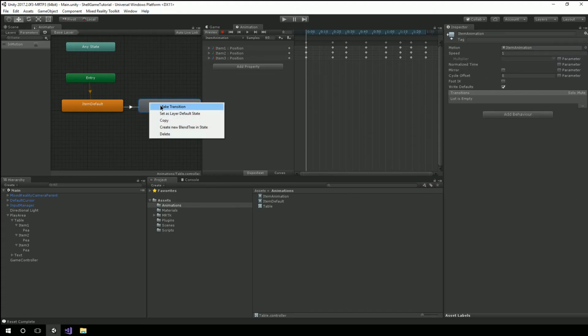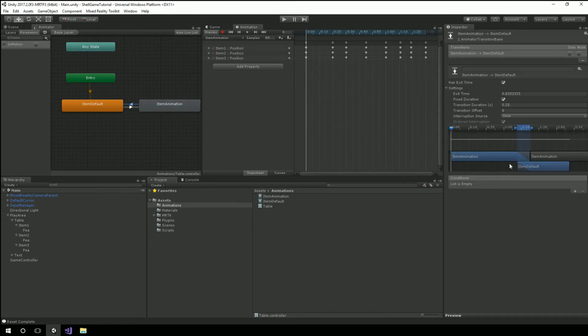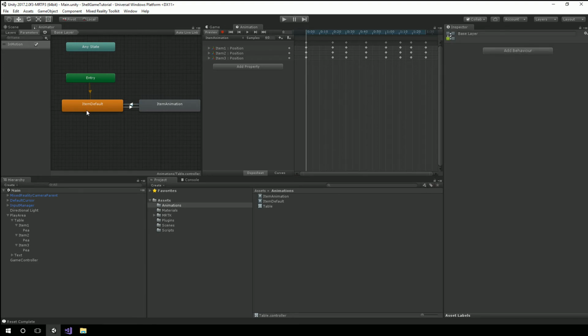Likewise, to go from item animation back to item default, I'm going to make another transition back to item default, hit that, and add in a condition for that transition from item animation back to default, and say in motion needs to be false. When in motion is true, it's going to go to item animation, and when it's false, it's going to jump back to item default. So let's see what this looks like here. If I hit play,